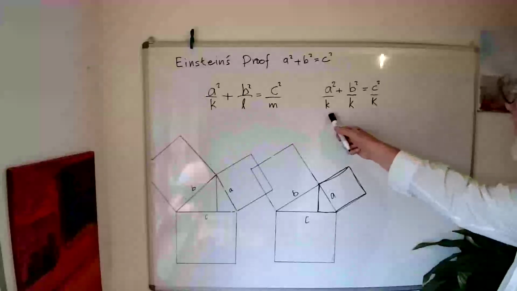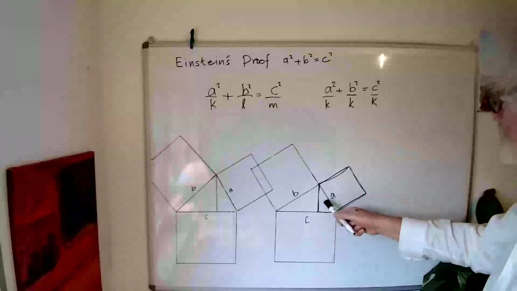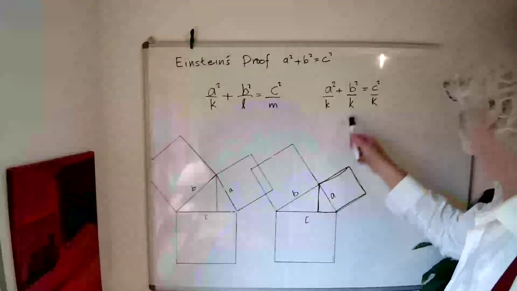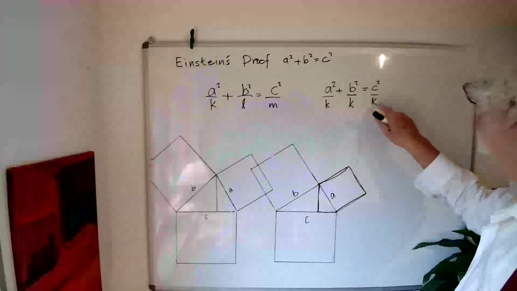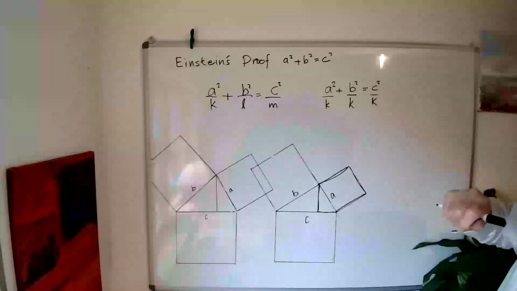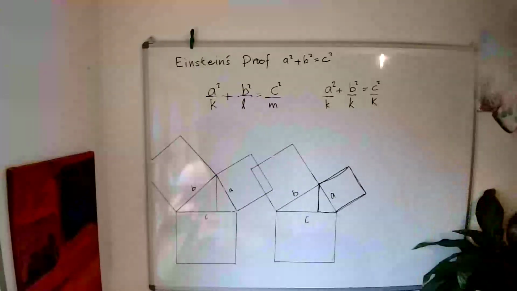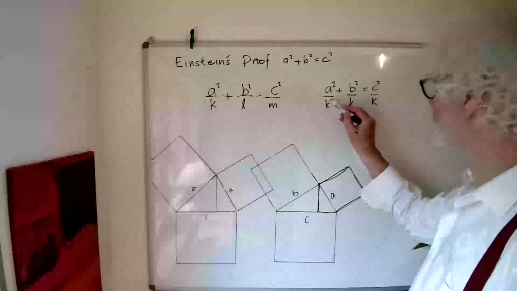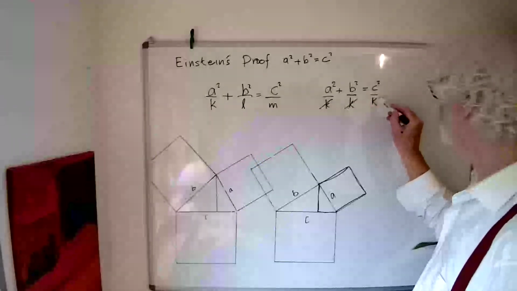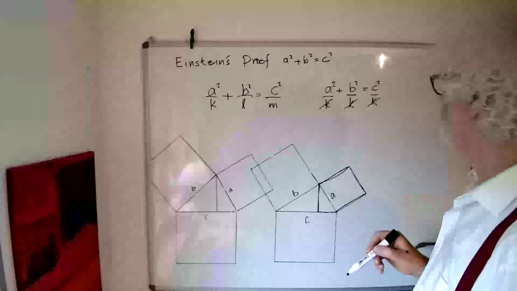We know that the areas of these two triangles add up to the area of the big one. The area of this triangle plus the area of this triangle adds up to the big area. But in this case, we are able to cancel these numbers to end up with